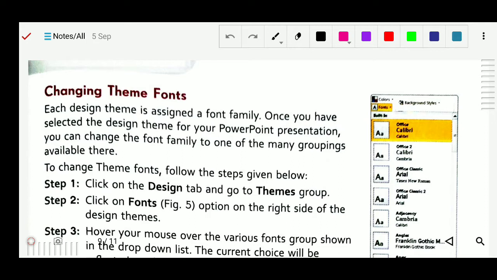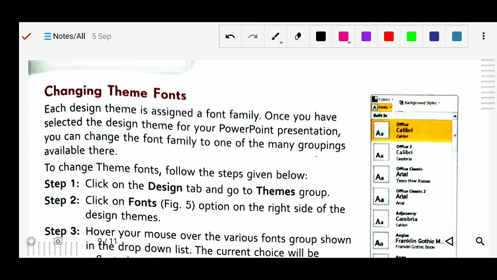What is the theme? It is the combination of a full package. In the theme there are the styles of text, font, and color scheme. The placeholder is the container of text, table, chart, graphics, movies, sound and picture. So that is called a placeholder.